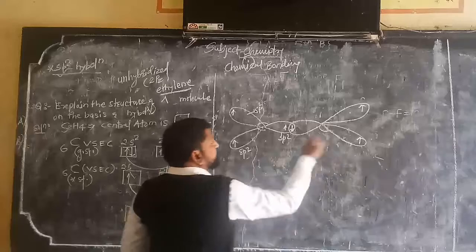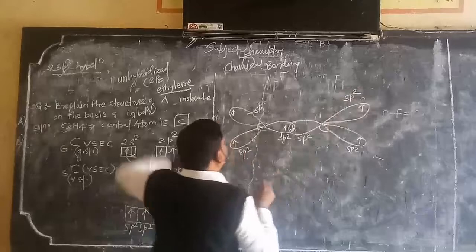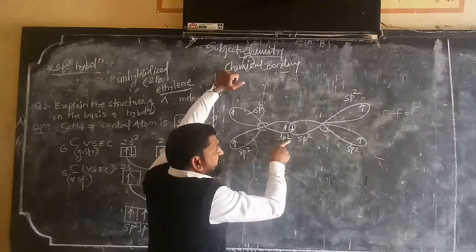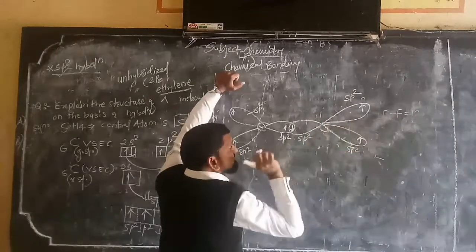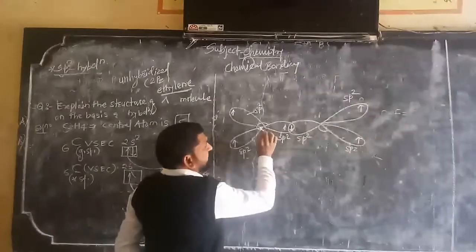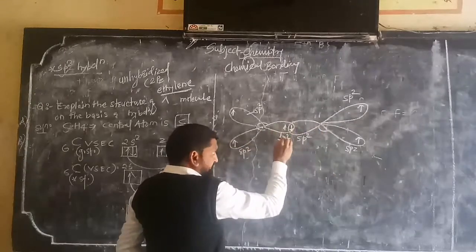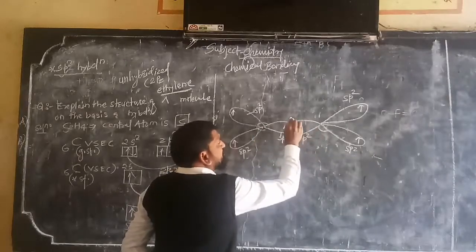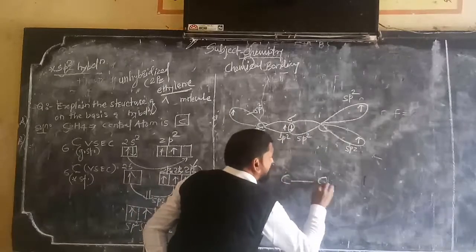So see here there is an sp2 and here there is an sp2. Now these are the sp2 orbitals of the first carbon atom, and here the sp2 of the second carbon atom, each carrying a single electron, that is the unpaired electron. Now see here what happened: the orbitals overlap axially. The sp2 of the first carbon atom overlaps axially with the sp2 of the second carbon atom, forming which bond? Sigma covalent bond. So we can draw here a sigma covalent bond like this.